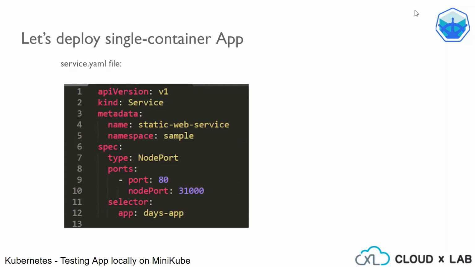Next, ports. The port 80 is something which is opened by the service inside the cluster, whereas the node port 31000 is the port through which we could access the application via browser or curl. Now, if you remember, when we did the hands-on using the Nginx deployment, we were assigned a random node port number. So if we don't mention the node port number here in the service, then it will be randomly assigned by Minikube. If we mention it, that will be used.